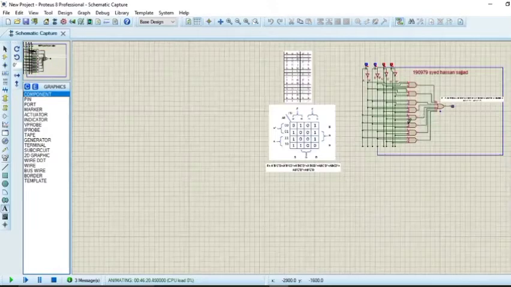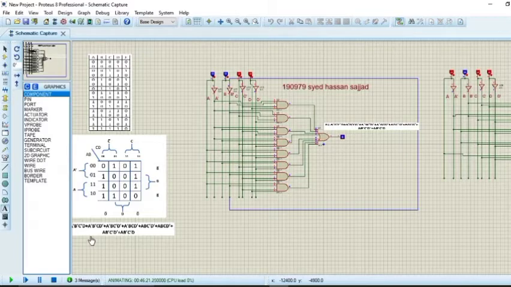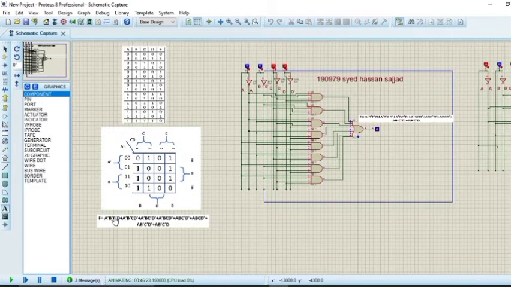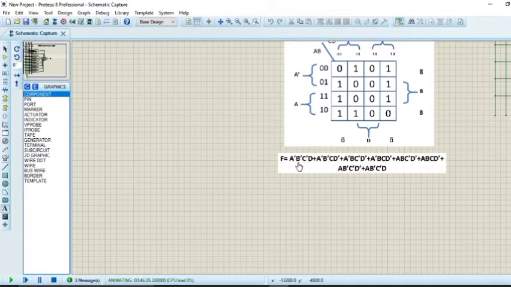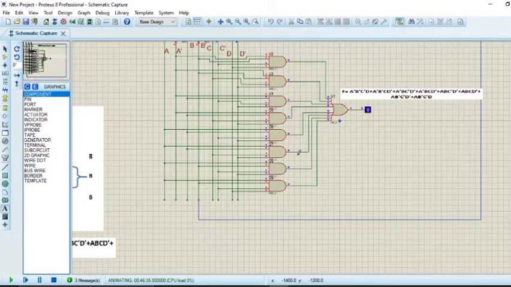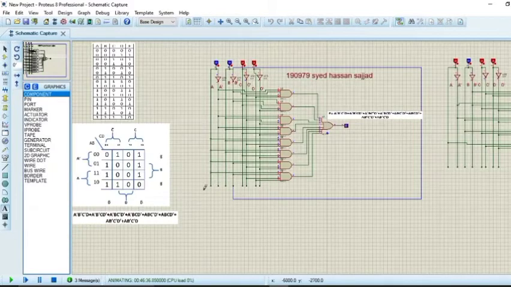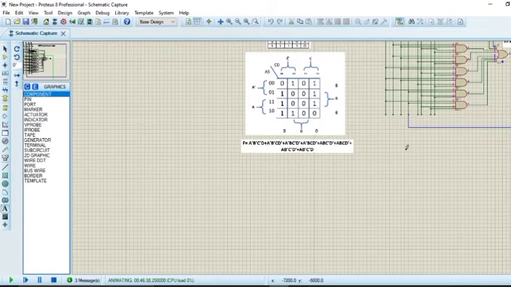So let's go towards this circuit. You will see that I've used these AND gates to multiply these complemented or non-complemented inputs, and then I've used the OR gate to add the products, which means this equation is a pure example of the sum of products. Here we see there is an 8-input OR gate, which means the total number of 8 terms will be added. The OR gate is an adder circuit, and the AND gates are the multipliers in general.